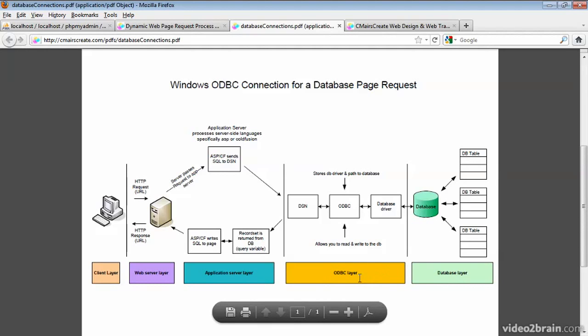So this ODBC layer that I'm referencing in this slide, specific to Windows, is really just how we store the information in PHP to connect to the database. Now, on the database side of things, the database is simply a grouping of tables. Those tables have what's known as relationships between them so that you can pull data out of multiple tables. We don't get into creating databases within this course. The assumption is the database has already been created. But what we have to understand is the database table structure so we can communicate and pull information out of